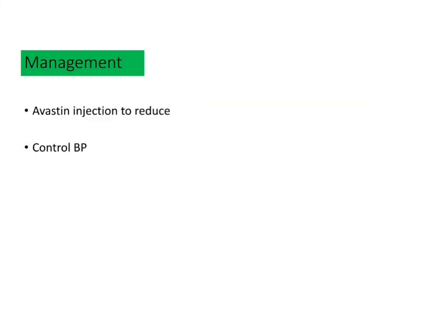So what is the management? Sometimes if there is more swelling of the retina due to hypertensive retinopathy, then Avastin injection is given, and the main thing is to control the blood pressure. The patient has to control the blood pressure, otherwise hypertensive retinopathy cannot resolve. In many cases it is seen that the vision recovers, right? Many times this hypertensive retinopathy is asymptomatic and painless, so the patient initially does not feel any visual disturbance until the condition leads to more severe stages. So a checkup of the eyes as well as blood pressure from time to time is very important